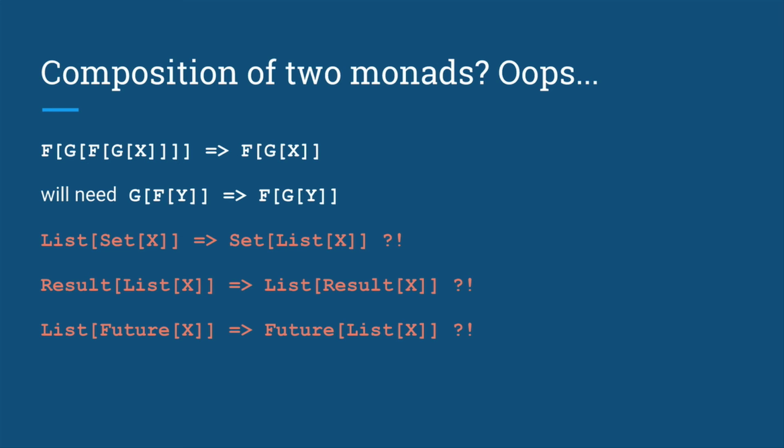So for any given pair, there should probably be a big table somewhere. Monad transformers for all combinations, like option of lists to list of options, or list of options to option of lists. Set of futures to future of sets. Well, that's hard. Or future of sets to set of futures, and so on. So all these things, they're kind of a popular topic.